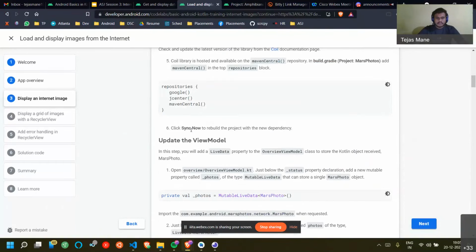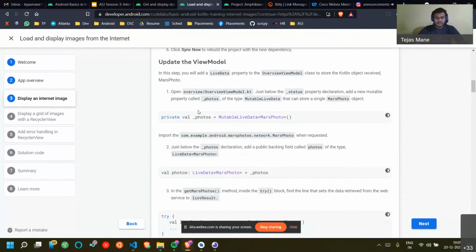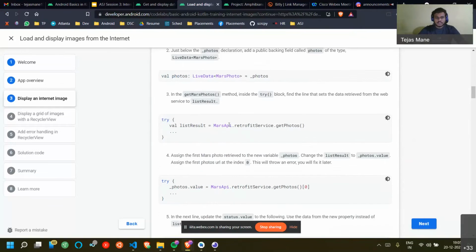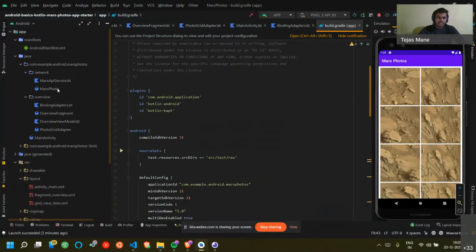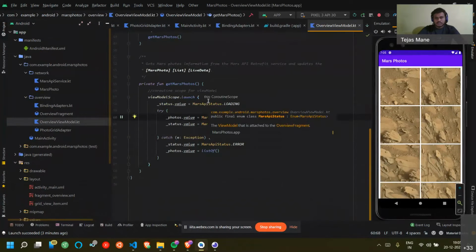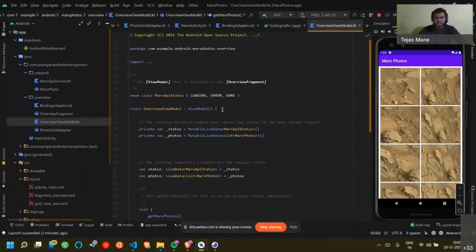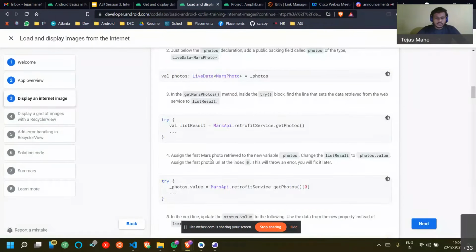So updating the view model. Yeah, so we are using live data for the same because it will help us to update the UIs also. And I hope you are familiar with data binding. Data binding basically binds the views to the code and the code to the layout file in both ways. So you can update the layout from the code also.